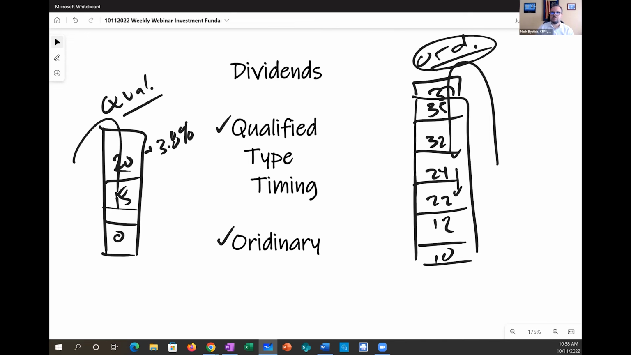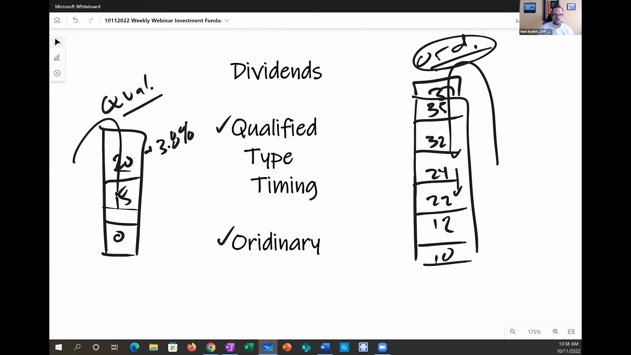It's not too bad. I'll read this to you. The IRS requires investors to hold shares for a minimum period of time to benefit from the lower tax rate on qualified dividends. Common stock investors must hold the shares for more than 60 days during the 121-day period that starts 60 days